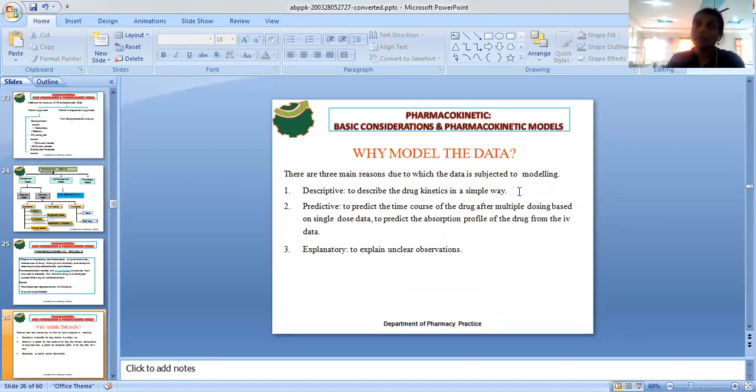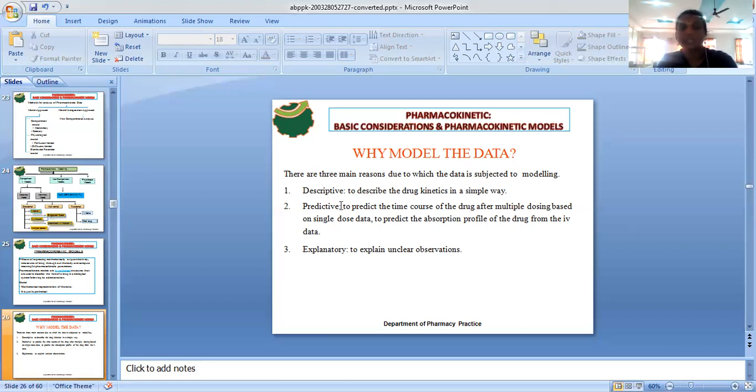That means the time course with respect to absorption and the time course with respect to distribution. Each and every kinetic process is better explained in a simple way by using pharmacokinetic modeling. In order to explain any complex process, some hypothesis is made, and the same thing is applied here. The main aim of this type of modeling, the pharmacokinetic model, is to describe the drug kinetics in the simple